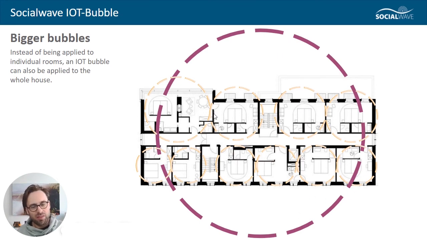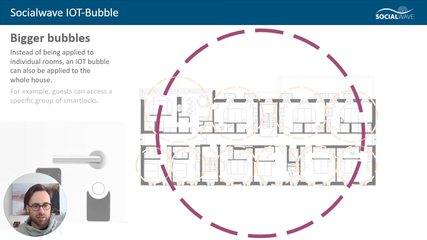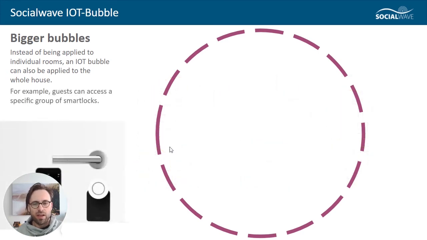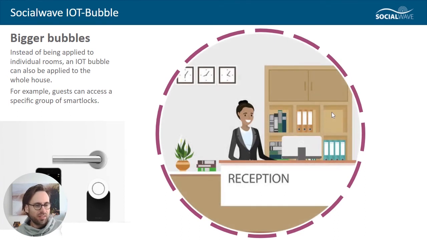So you create a bubble that covers the whole hotel or the whole house, and you attach smart locks, for example, to that bubble. So in this case, all of your guests should open certain doors with their own smartphone. And so you want to include these smart locks in this bubble. And now the guest comes to the hotel,